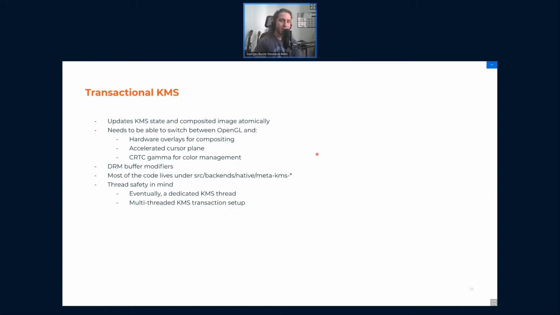We'll have to support the cursor plane, but if there's no cursor plane in hardware, or if it fails to submit a cursor buffer, we have to use OpenGL for that, and gamma correction and all this stuff. Yeah, most of this code lives under the KMS prefix.